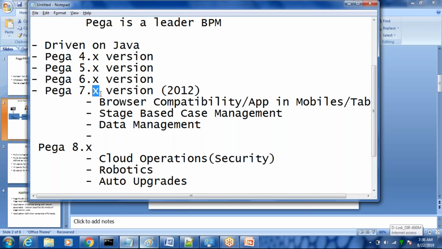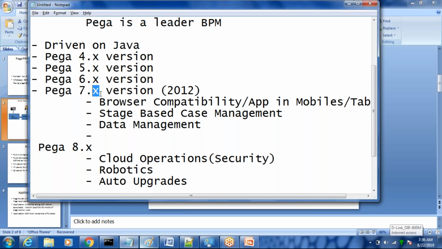In Pega 8.x, they are providing a one-click upgrade. It is like when you want to update your mobile to new software or a new OS version, you get a pop-up message where you just click on update and it automatically updates to the new version. In a similar way, Pega 8.x is also giving certain options only for the privileged users. Those privileged users just click once, and the system will upgrade automatically.